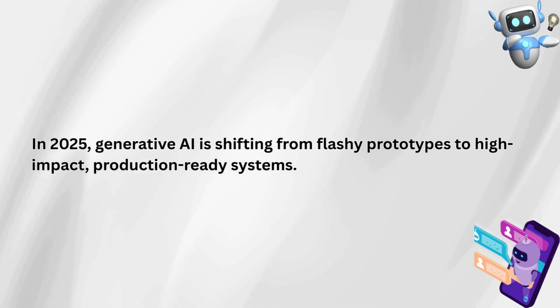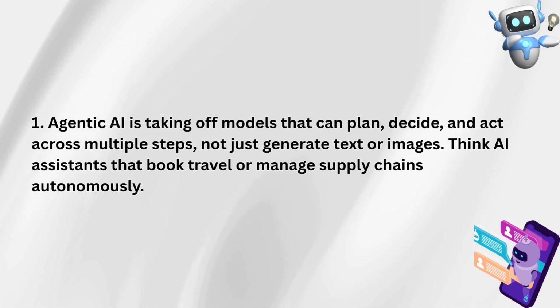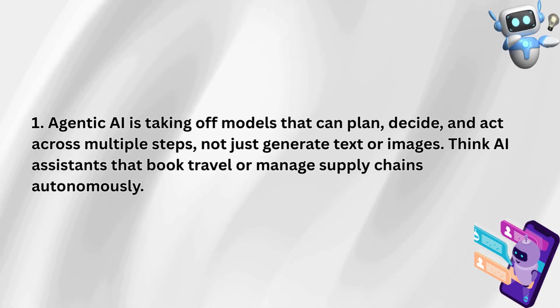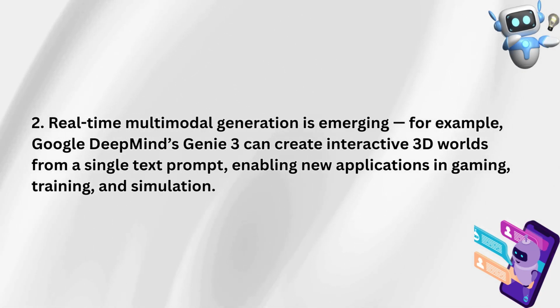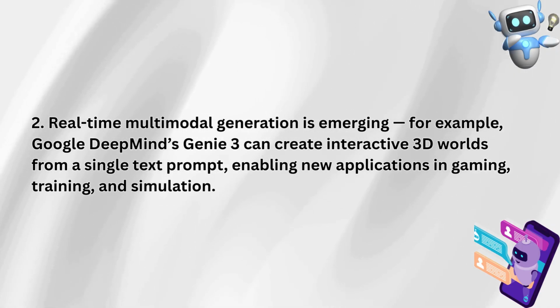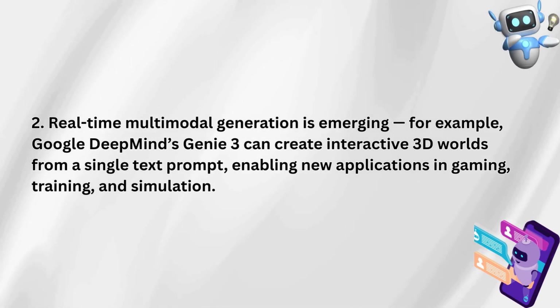In 2025, generative AI is shifting from flashy prototypes to high-impact, production-ready systems. First, agentic AI is taking off: models that can plan, decide, and act across multiple steps, not just generate text or images. Think AI assistants that book travel or manage supply chains autonomously. Second, real-time multimodal generation is emerging. For example, Google DeepMind's Genie 3 can create interactive 3D worlds from a single text prompt, enabling new applications in